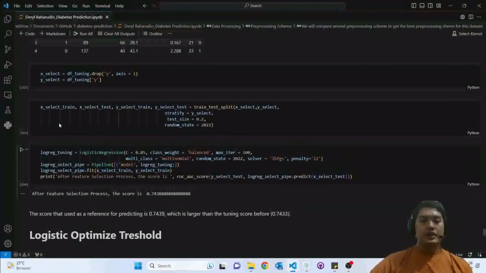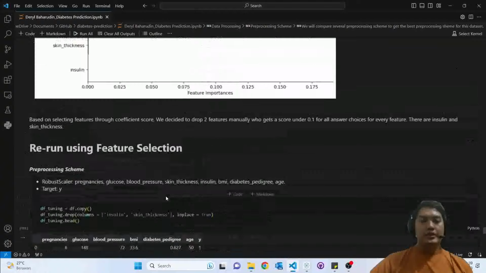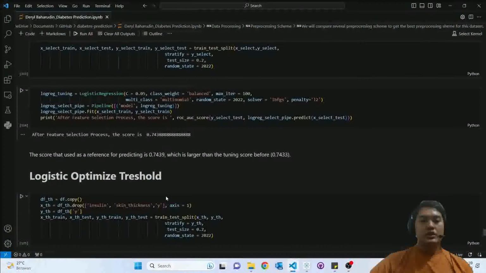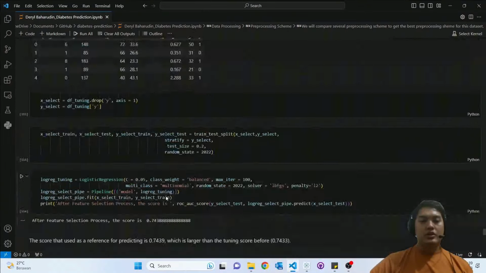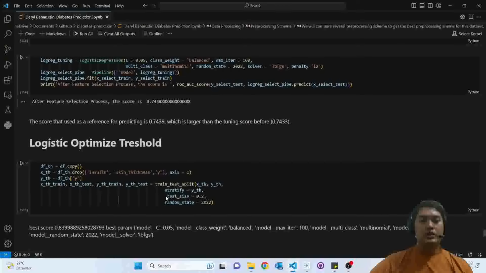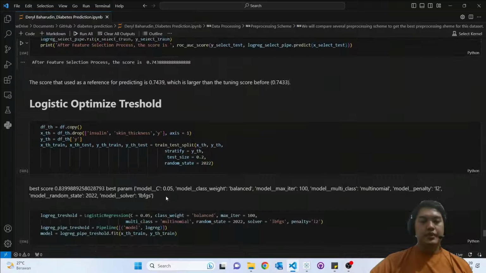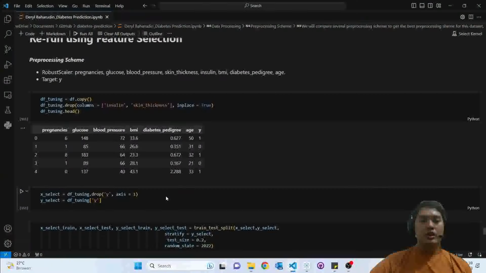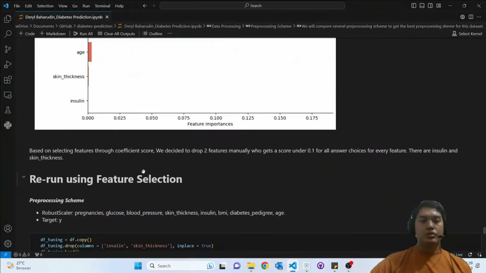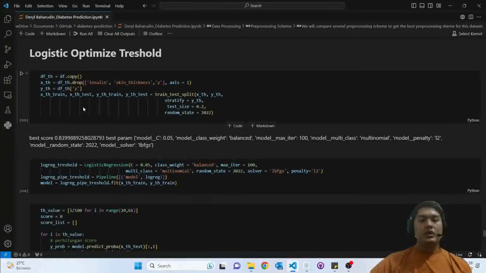Okay, we can see that after the feature selection process, the score is 74.38%, which is no larger than the tuning score before using feature selection, 74.3. So we don't have to drop these two variables, and then we do